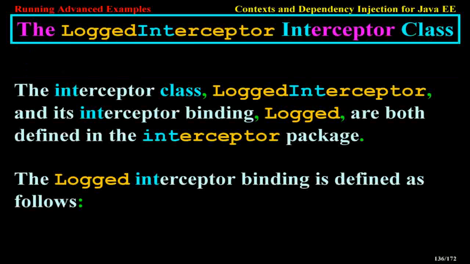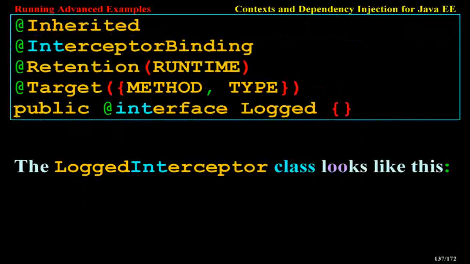The Logged interceptor class. The interceptor class, LoggedInterceptor, and its interceptor binding, Logged, are both defined in the interceptor package. The Logged interceptor binding is defined as follows. @Inherited @InterceptorBinding @Retention(RUNTIME) @Target({METHOD, TYPE}) public @interface Logged { }